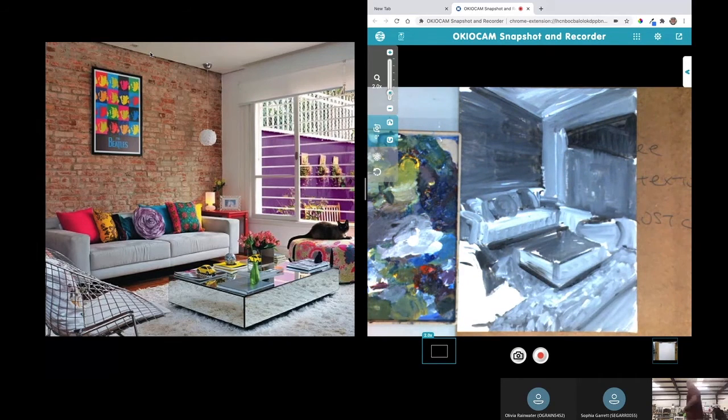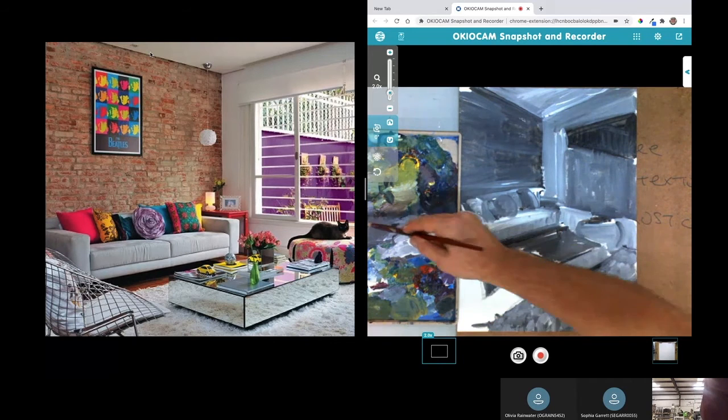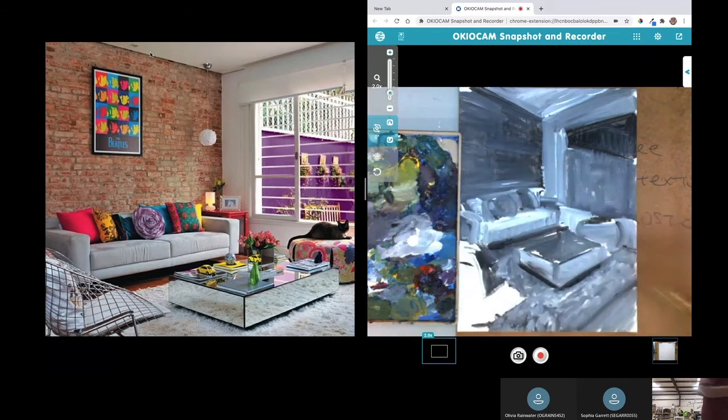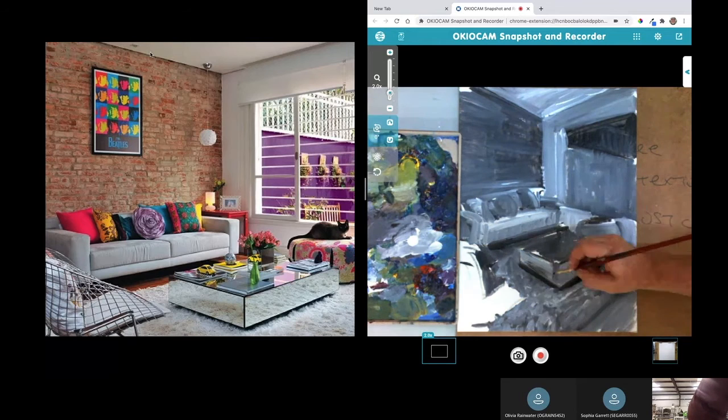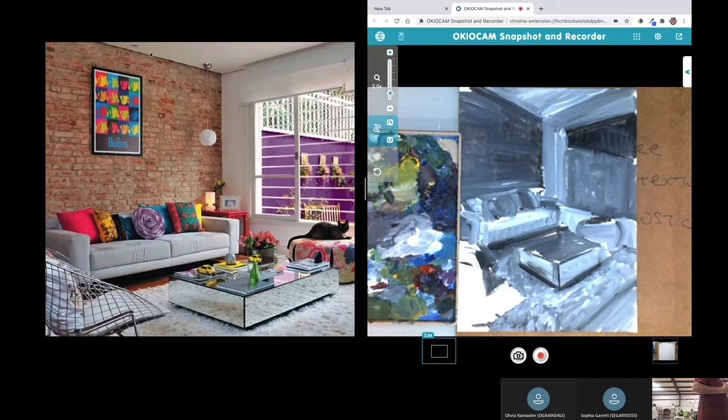Obviously, I can see some black lines around the periphery of the mirror table. So I can go ahead and add those in. I can see a cast shadow under here. So I'm going to go ahead and